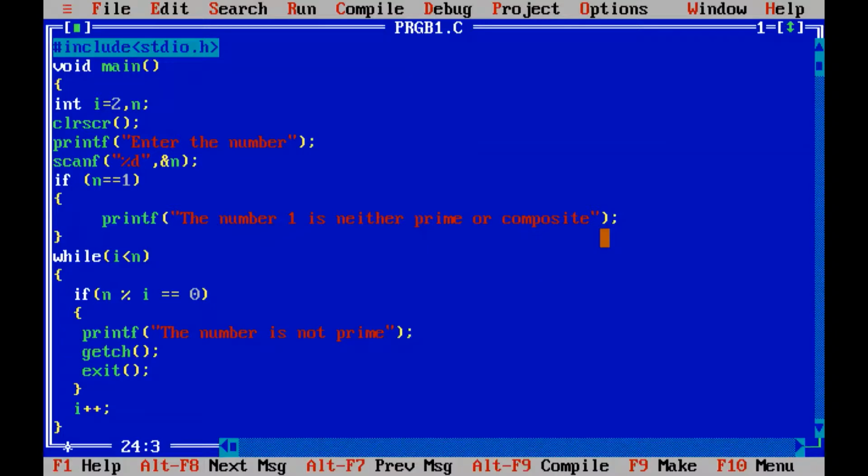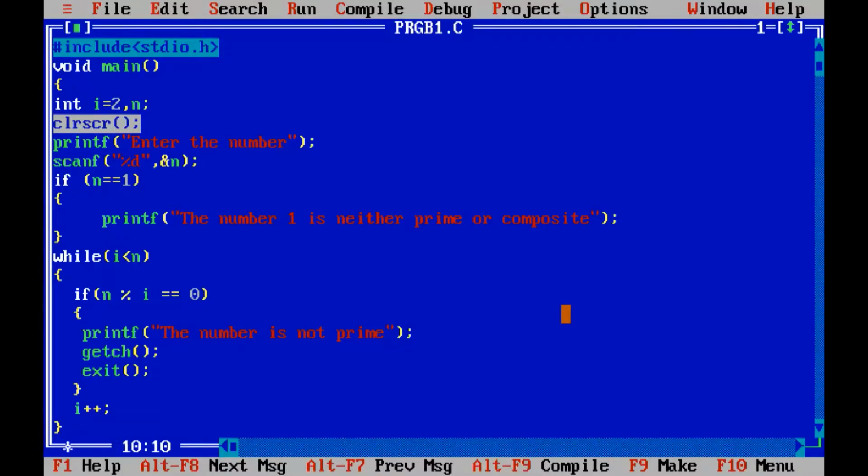When you are saving, you should save with the .c extension. Got it? It's not C++. Some of the header files you do not have to give. I was trying not to give conio.h and math.h. In the C compiler, it works without them also. But when you save it as C++, it will show an error. So try to save it as .c. Even exit will show an error if you are not saving it as .c. Understood? Write somewhere: clrscr, getch, and exit, all these three.